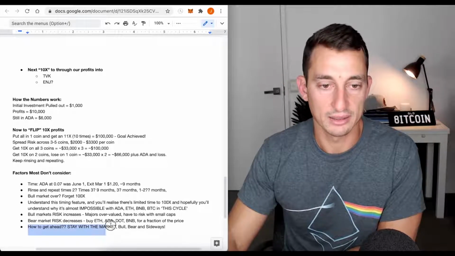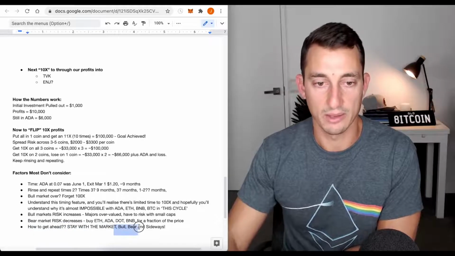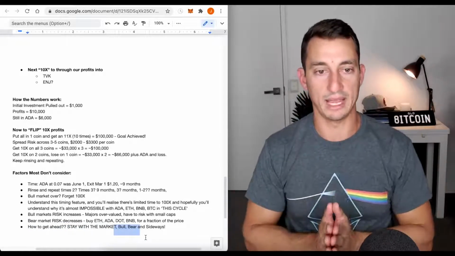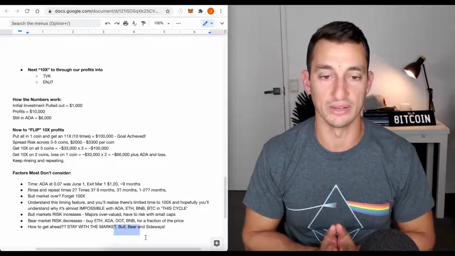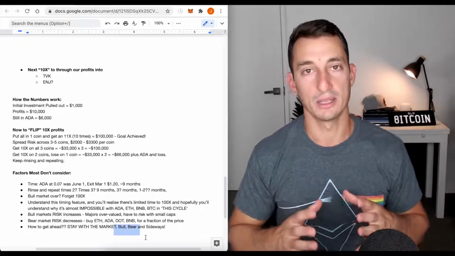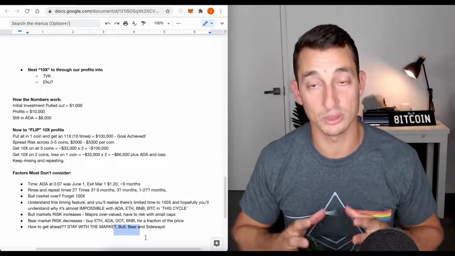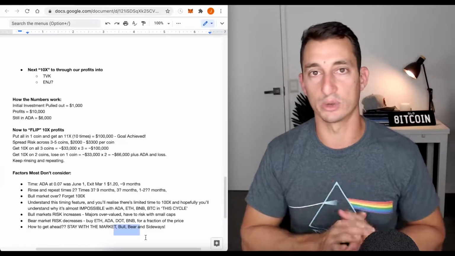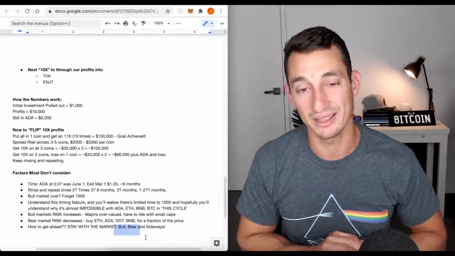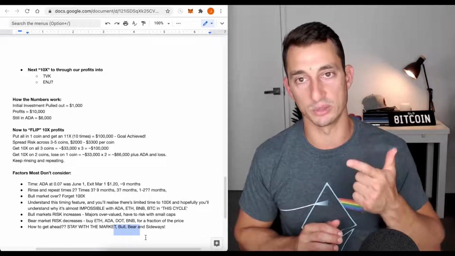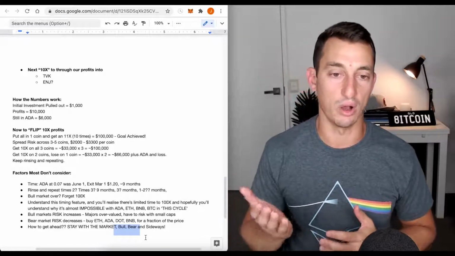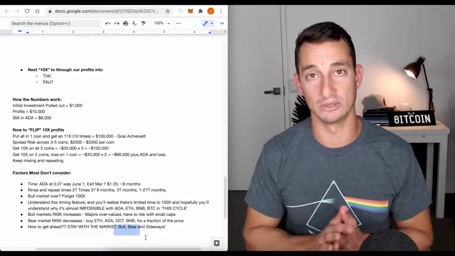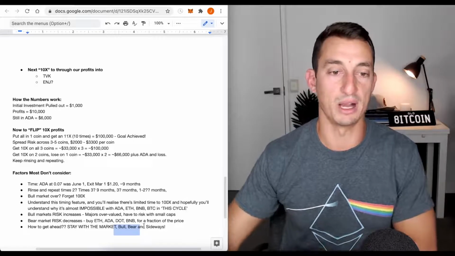How to get ahead? Stay with the market. Like I said earlier, whether it's a bull market, a bear market, or a sideways market, if you want to make a success of investing, you have to stay with the market. Normally what happens is you'll come back when the market is hot again, just like many of you maybe saw it in 2017 or 2018, and you left it for 2019, 2020, and now you're back again when the market is hot. Don't make the same mistake again. This is where you'll make a hell of a lot of money, if you're in the bear markets.